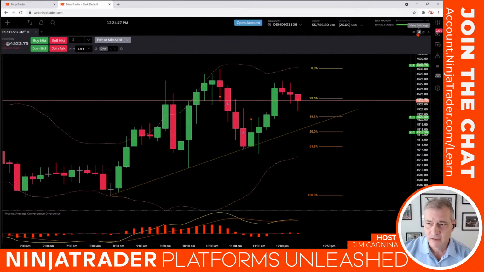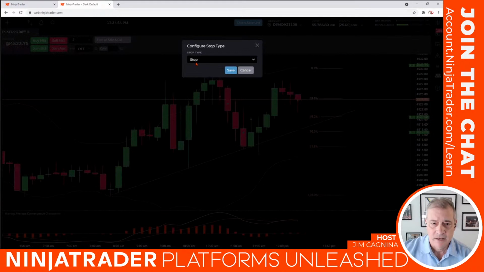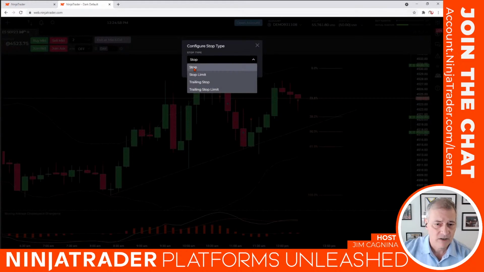Now let's go back to that little view settings here. Stop type. This is kind of important. I'm going to click on stop type, and it'll say what type of stop do you want to do. I just like the regular market stops. You could do a stop limit, a trailing stop, or a trailing stop limit. We're going to keep it at that one,